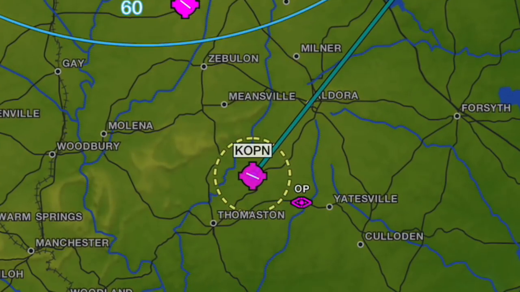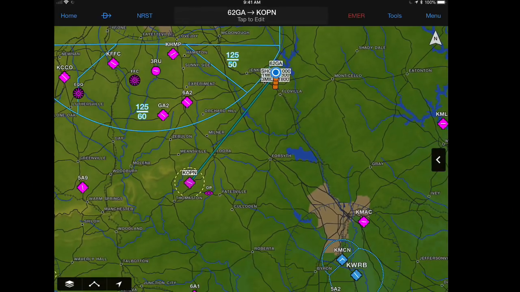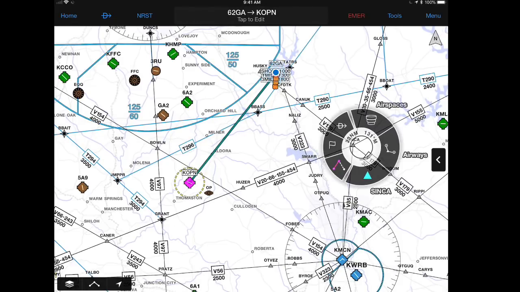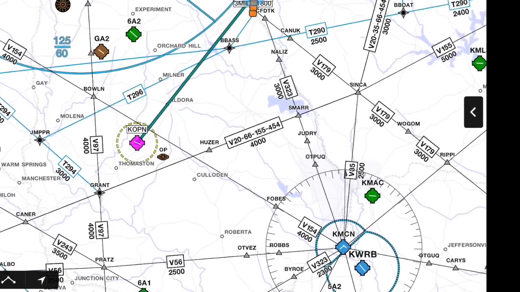If we jump back over here to Garmin, you'll notice that you don't have any of the VOR information on here, and that's because I'm viewing strictly the VFR map. So to compare that, I would actually need to come over here and swap this over to the IFR map. And for me, using Garmin Pilot,